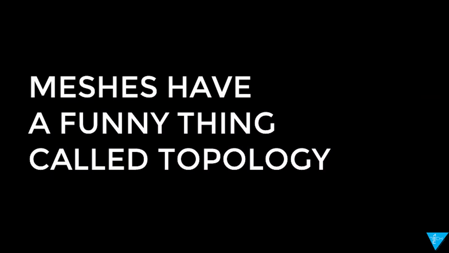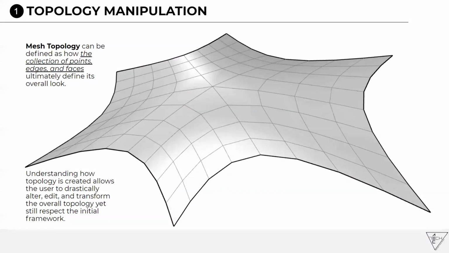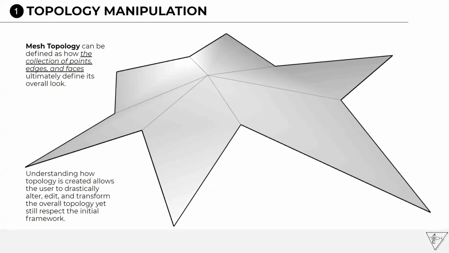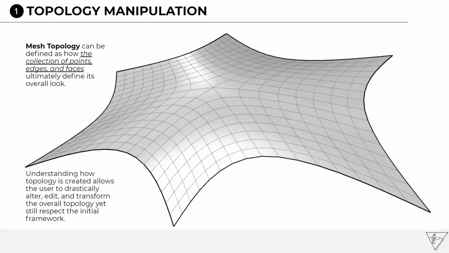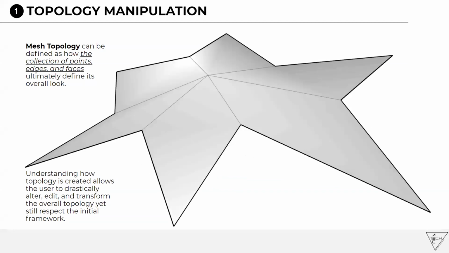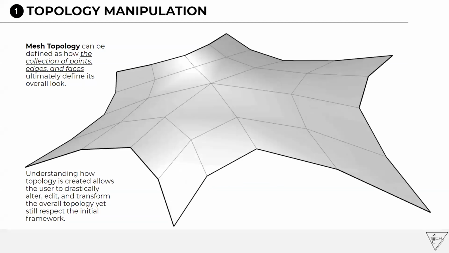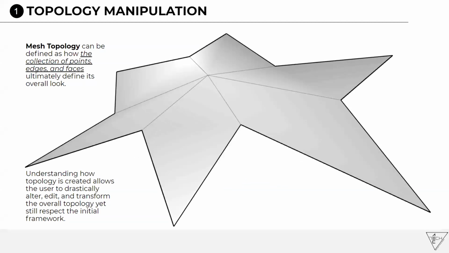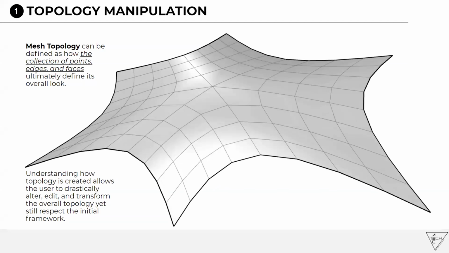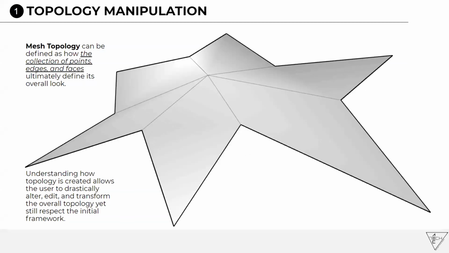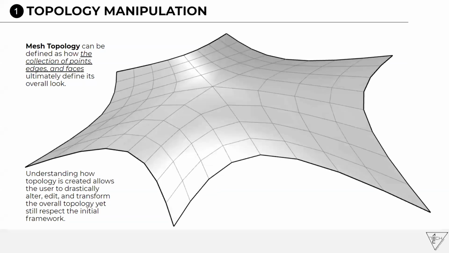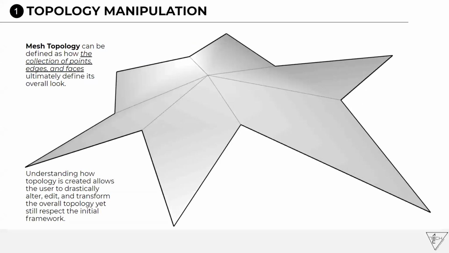Now, the reason why those things I just mentioned are important is because meshes have an interesting thing called topology, which I've already talked about loosely, but the idea of this thing is, why does it matter, right? Why does this topology matter? Why does the order of these faces matter in any particular way? In this little diagram you see here, you start to get a better sense of how subdivision can influence the way a mesh is smooth. And if you think about the idea of a mesh as a control object, like a low resolution mesh being the control and the high resolution mesh being the one that's been subdivided and smooth,